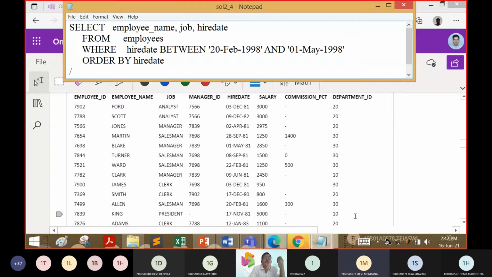What are the clauses? Sir, the hire date 1998 year is not here. 1998 is not here. Okay, yes sir. So let us put 1981. 1983, let us put. Yeah, now you can start.